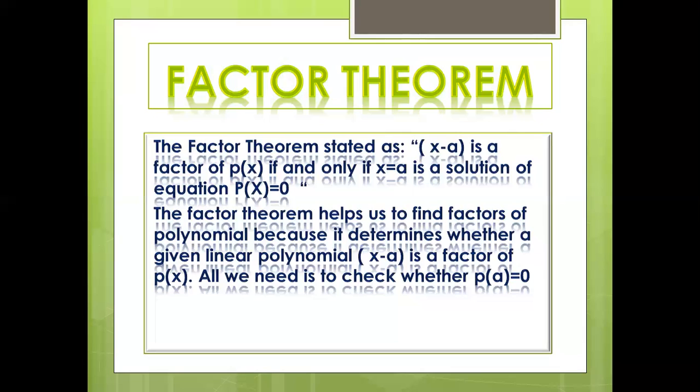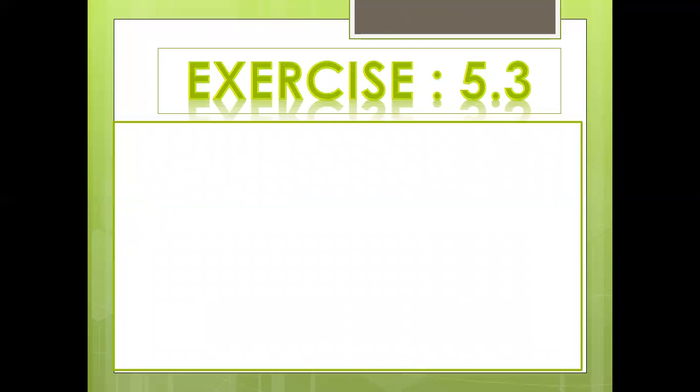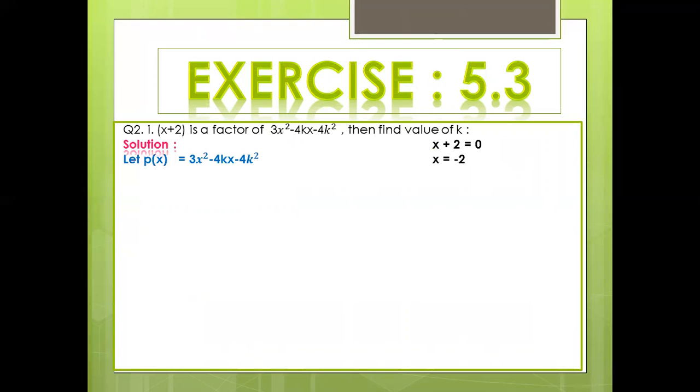other than 0. Yes, question number 2, and we use the factor theorem on those questions where unknown values are given. Find the value of k or l or any other variable. Then we use the factor theorem there because the remainder will be equal to 0. When we make the equation 0, then it will be easy for us to find the values of the unknown variable.